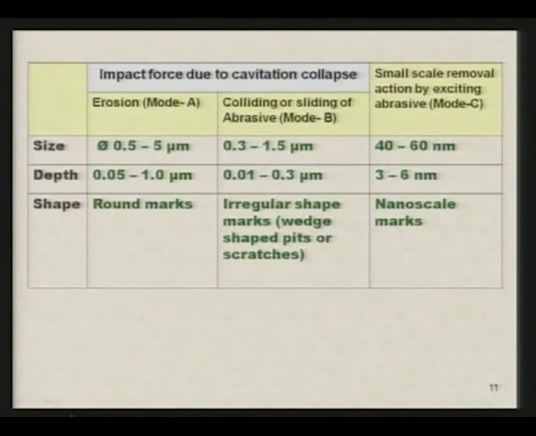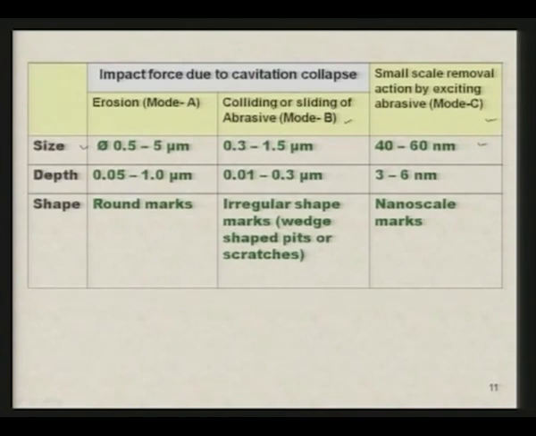Now when abrasive particles are hitting the workpiece, some of the researchers have proposed that erosion may take place in three different modes. One is mode A, that is the erosion. Second is mode B, which they have called colliding or sliding of abrasive, and mode C, that is the small scale removal action by exciting abrasive particles. The size of the crater formed in these three modes is different. In mode A, it is somewhere 0.5 to 5 micrometer size. In mode B, it is 0.3 to 1.5 micrometer size, and in mode C it is 40